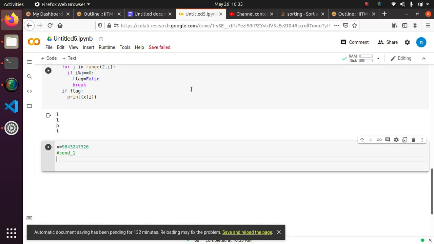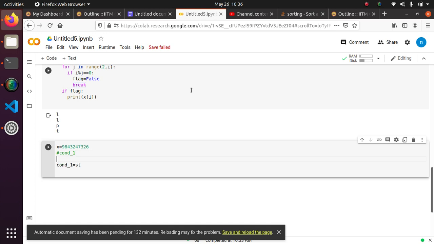So y equal to, so condition, let's take like condition 1 equal to, what is it? Yes, let us convert it into a string. Okay. Before that, I'm just converting x into a string and storing it in a different variable.